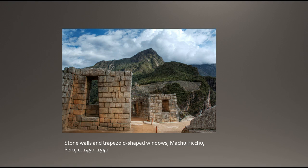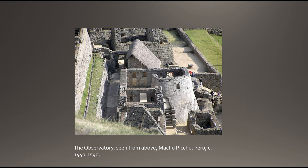We're going to be looking at something called the observatory. Here, I'll show it to you. This is an example of the observatory below. It was adjacent to the royal residence, emphasizing the relationship between the elites' religious rituals and astronomical observation, including Pachacuti's claim as both a descendant of the sun, whom the Inca called Inti, the sun itself. One of the obligations of the royal family was performing rituals that sustained relationships with supernatural forces